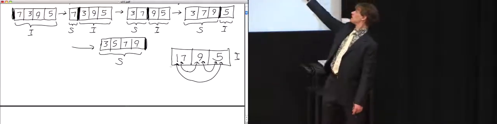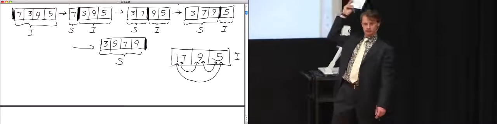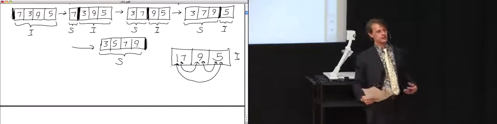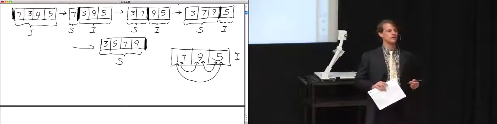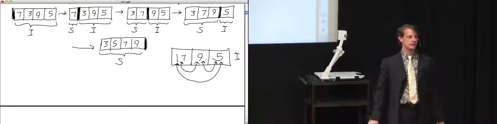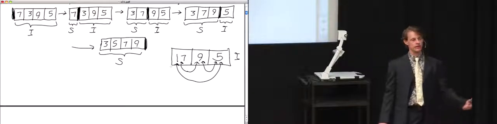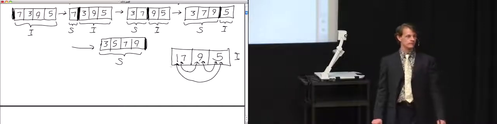And so you can see that if you have a list where it's initially completely reverse sorted, all the numbers are in backward order, then every pair of numbers will be an inversion, and that's when it takes n squared time for insertion sort to run.